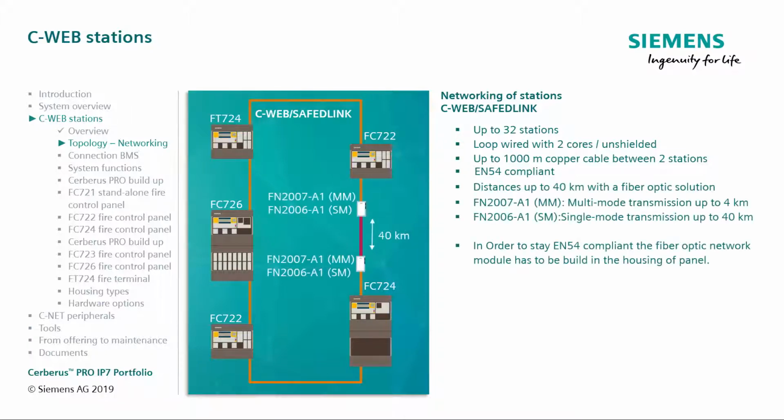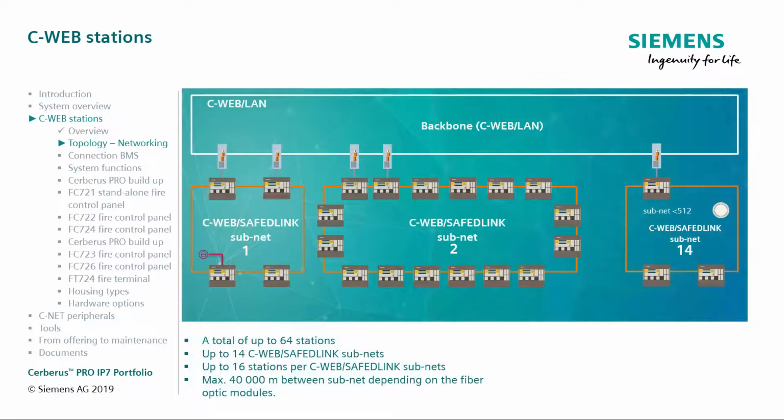For greater distances, more than 1,000 meters, we also have a fiber optic solution to increase the distance between stations. The fiber optic network module supports two independent channels. With the optical C-Web LAN, you can network up to 64 stations. The system is EN54 compliant. The maximum distance between the stations on the C-Web LAN is 40,000 meters, depending on the used fiber optic module